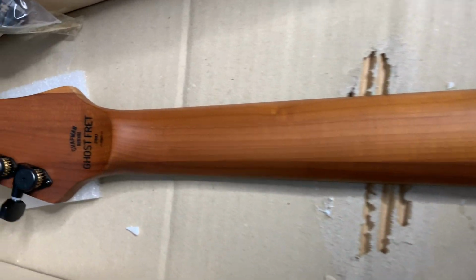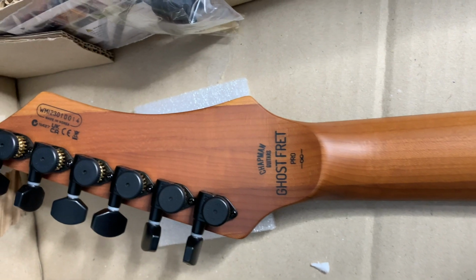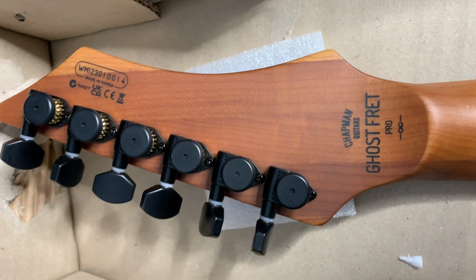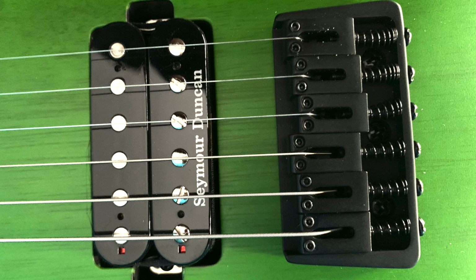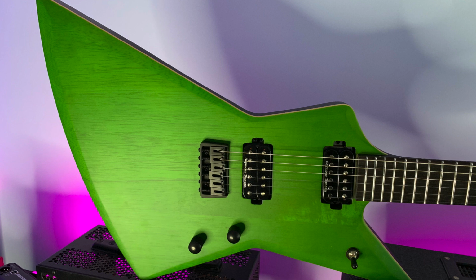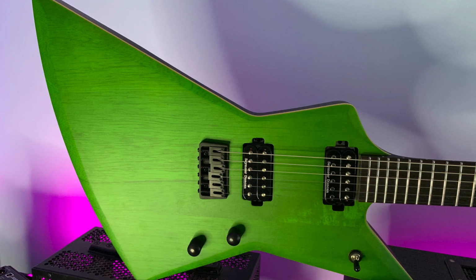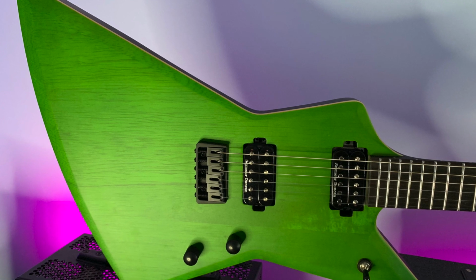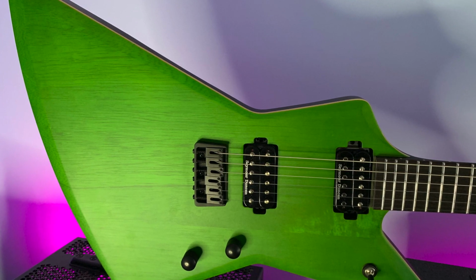The guitar comes with Ernie Ball Regular Slinkies fitted on it, which is a 10-46, and Chapman string-through hardtail. So the bridge is actually Chapman's own design hardtail bridge. I really like the bridge. It's super comfortable, super low profile. And at first glance, I did think it was some type of Hipshot bridge, but yeah, looks absolutely fantastic and